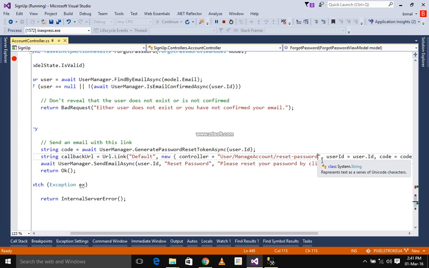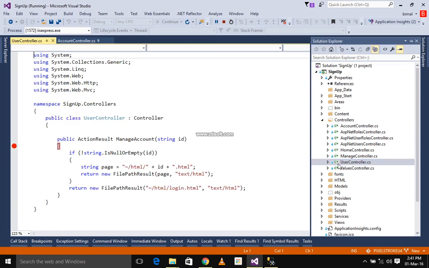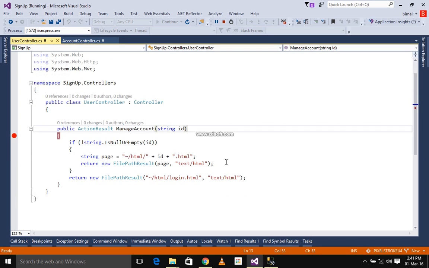I have created this type of controller here. If you do not understand, just follow me. Here you can see the controller is user, here is the action method, manage account, and ID equals